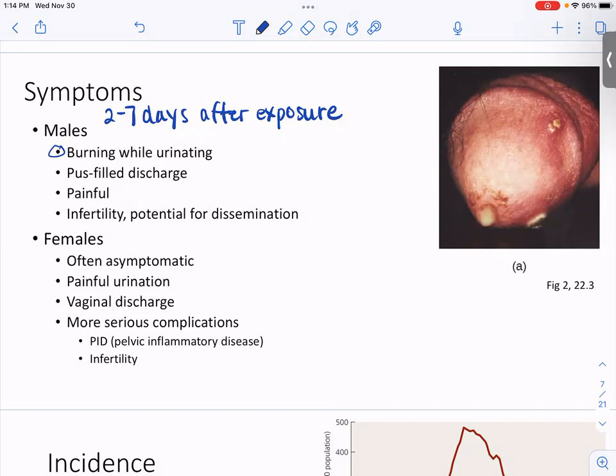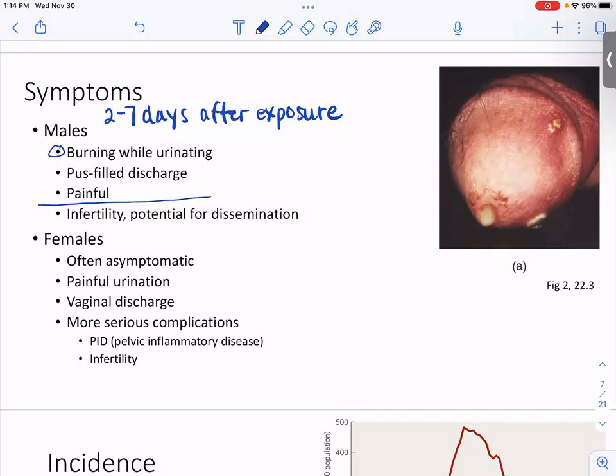Okay, it's very painful. So when males experience that, they typically go to the doctor and have it treated. Luckily, gonorrhea is still quite treatable. So they get some antibiotics and they get rid of it. Maybe if those symptoms are ignored, or in some cases, if males don't have symptoms, that doesn't mean that there's not any damage being done.